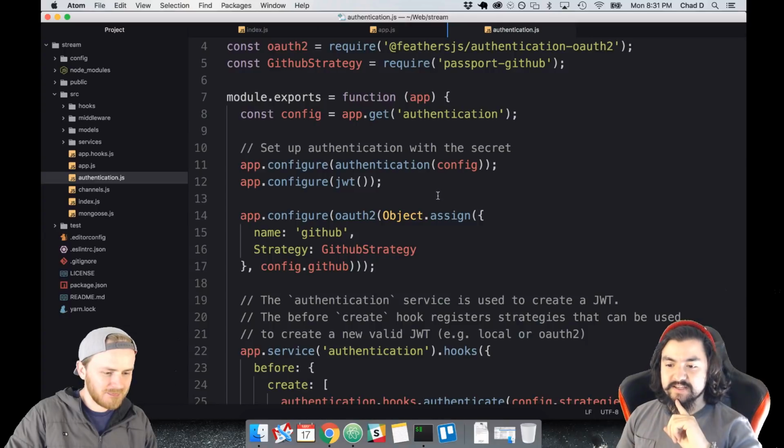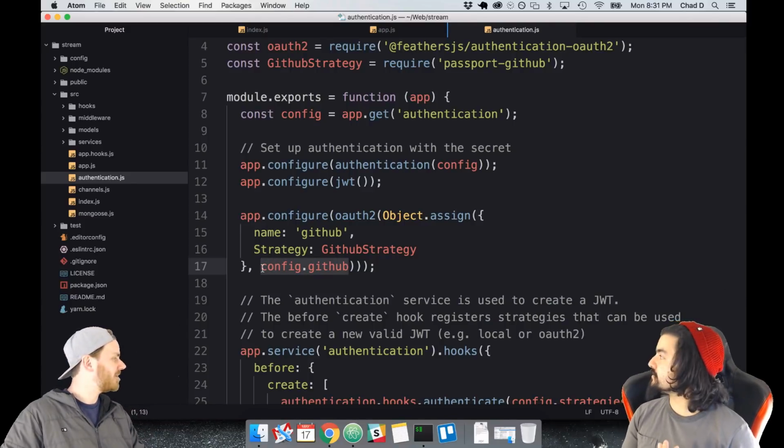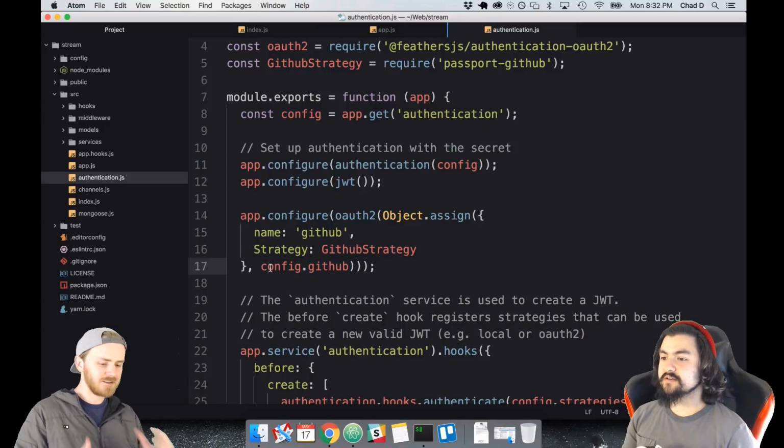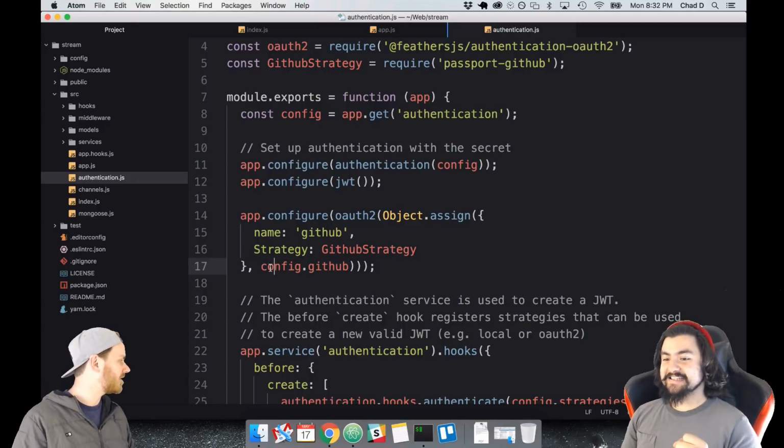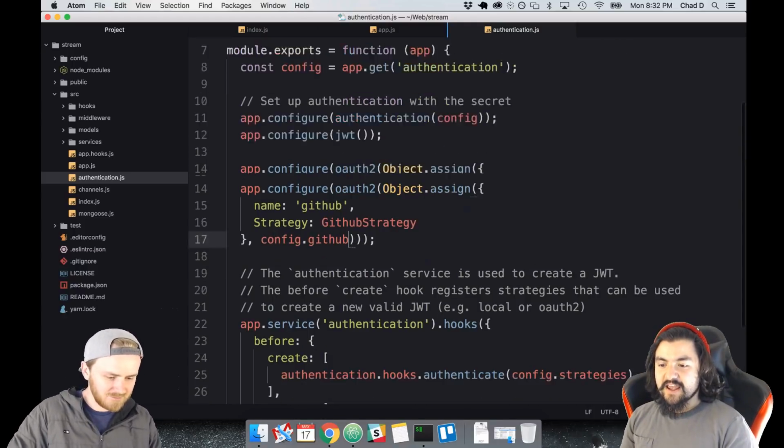config.github. So in a second, I'll show where we can actually add our client ID and client secret to set up GitHub auth. That was a problem I had when I set it up. I remember now. It was like, how do you get, you had to hard code it in there, or getting my environment variables in there was weird. Yeah. So I'll show how we can do it with environment variables,